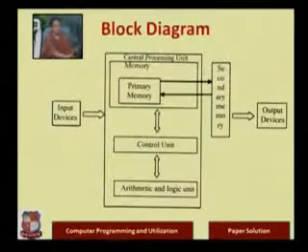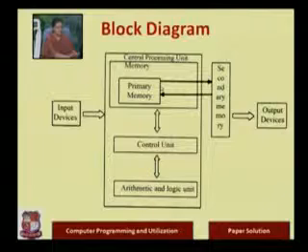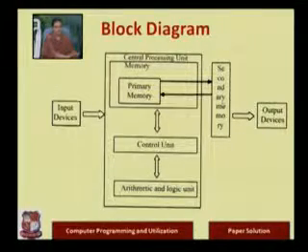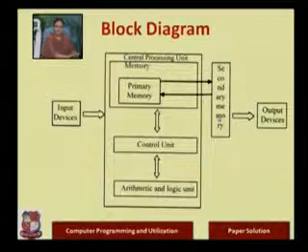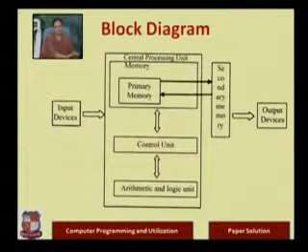If I am talking about the simple version, you can show input device, you can show all the different parts of your CPU, that is memory, control unit, arithmetic logic unit. Then you have secondary memory, you can show the control unit interconnections, you can show the output device. Whenever you draw any diagram, please label it properly, because your diagram will show maximum things that you have understood about this question. Try to label it as much clearly as possible.